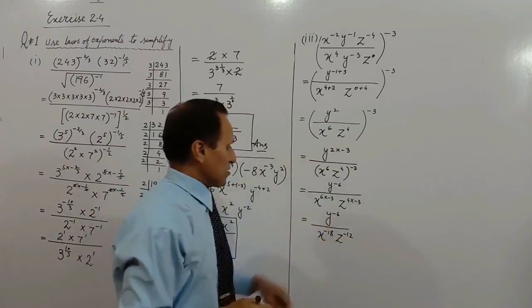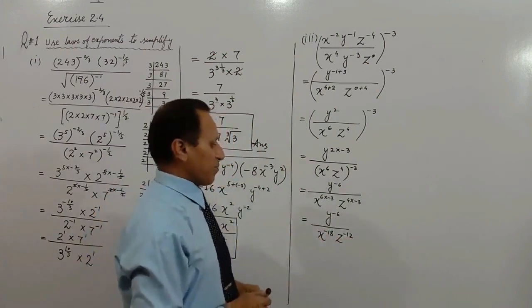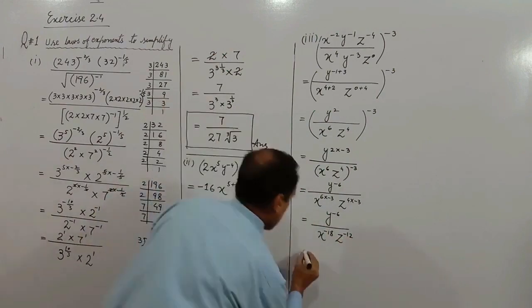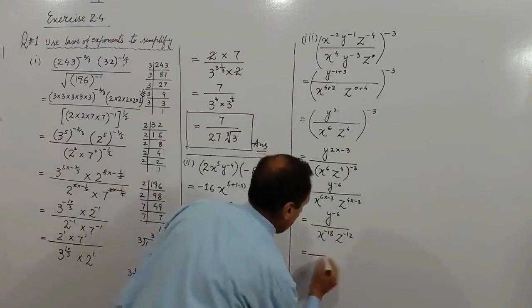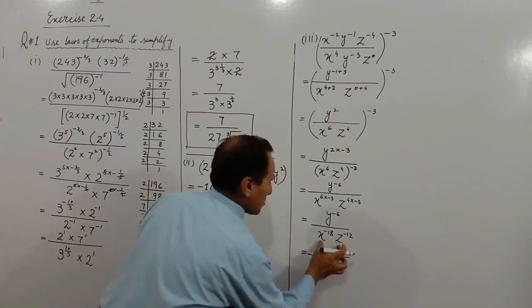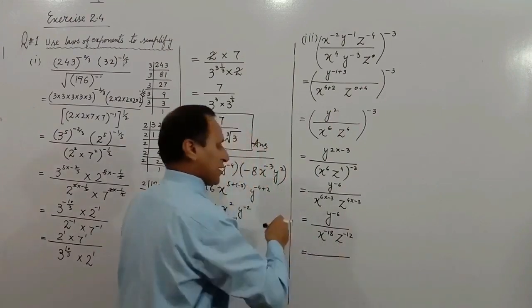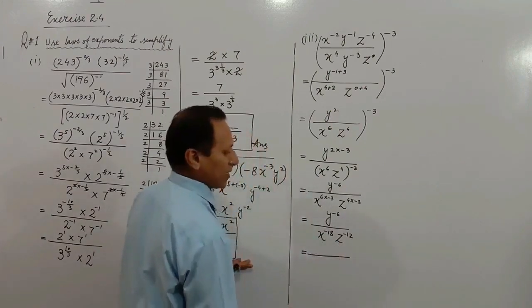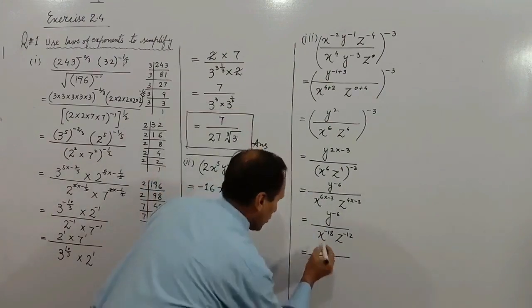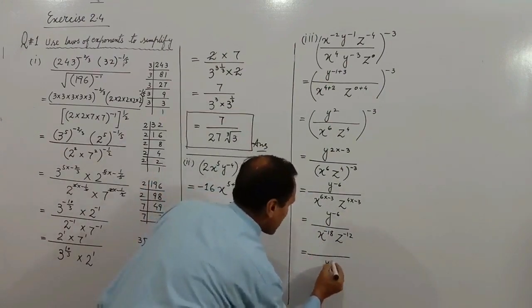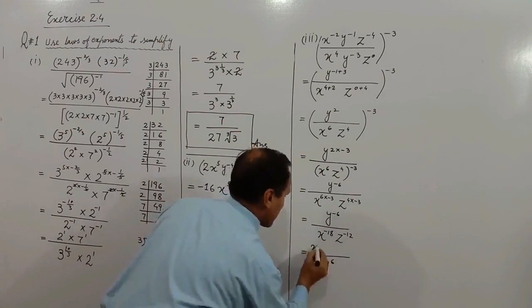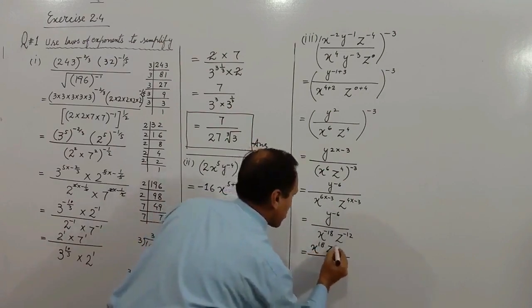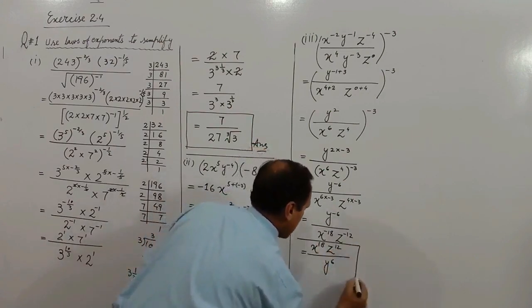We have negative powers for each variable. To make them positive, we apply the law of quotient of power with same base. According to that law, the negative powers will become positive when moved from numerator to denominator or denominator to numerator. So let's move them. y raised to the power 6 is taken to the denominator, x raised to the power 18, z raised to the power 12 it becomes, and that is the final simplified